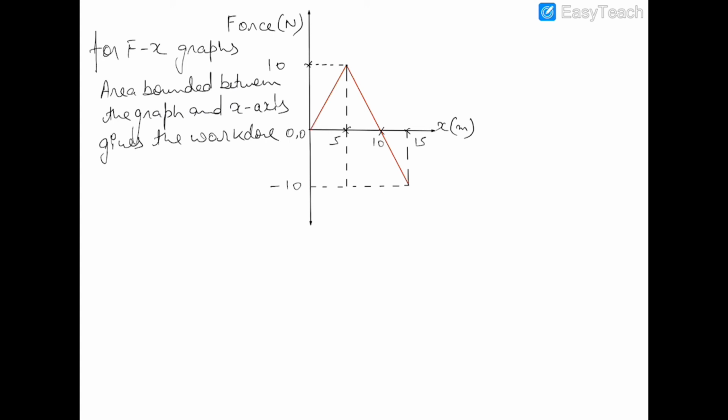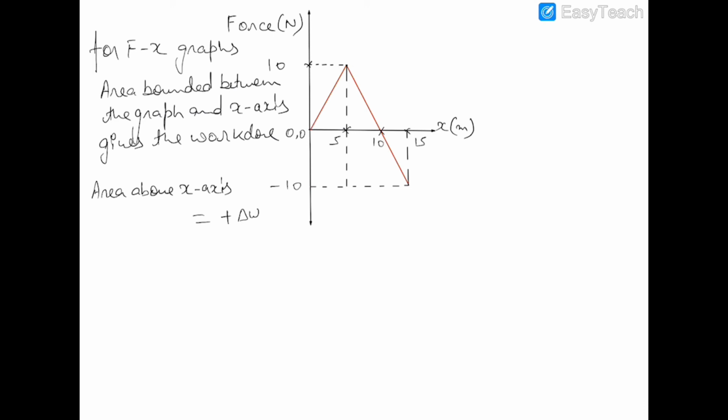And also the area which is above the x-axis, or we can say the displacement axis, here the displacement has been taken on the x-axis, is equal to positive work done,